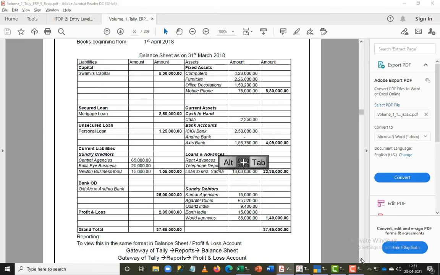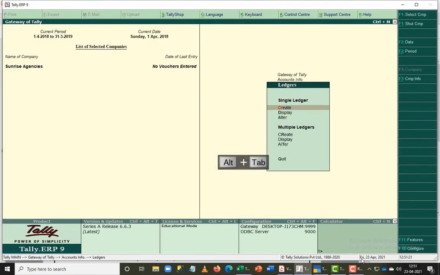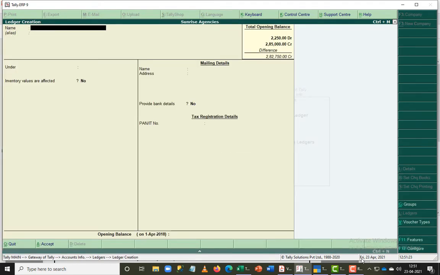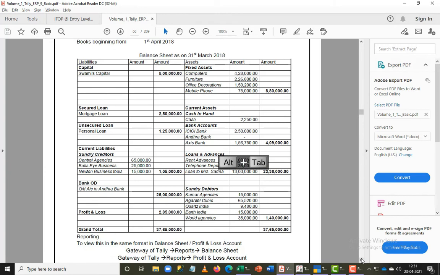Once I feed this, my alteration components are over. Now I want to feed the other ledgers, so I'm going to come out of the screen and go to the create ledger part here. Here I can feed one by one. I'm going to feed the first ledger here. As I told you earlier, all my bold, and bold with italics, are my groups, except the profit and loss account last. I've already fed the value there, so I don't want to worry about it. Now I want to feed all the other new ledgers that do not exist in Tally by default.